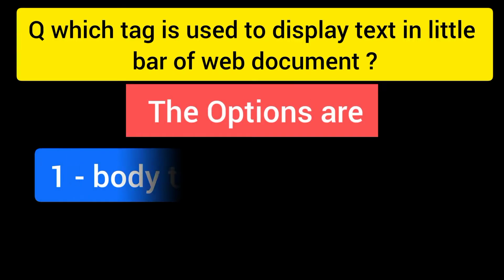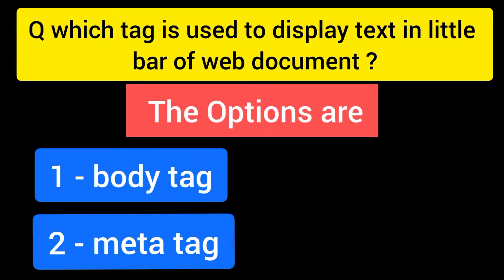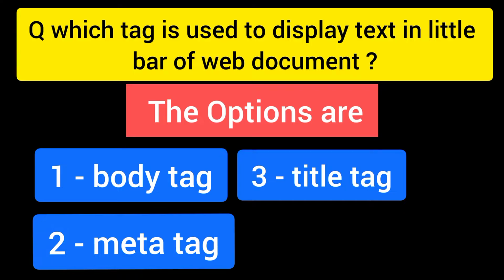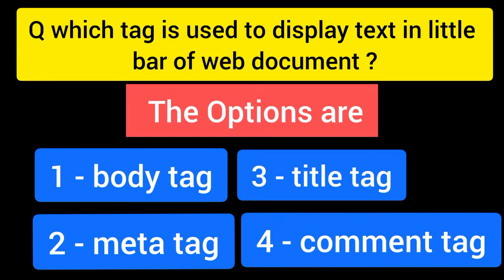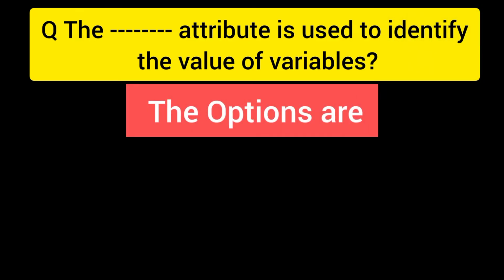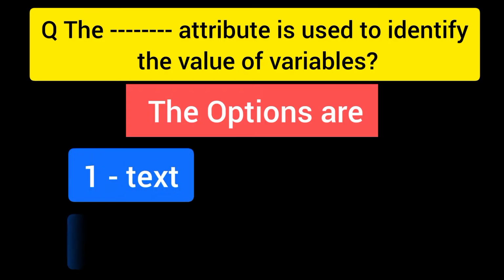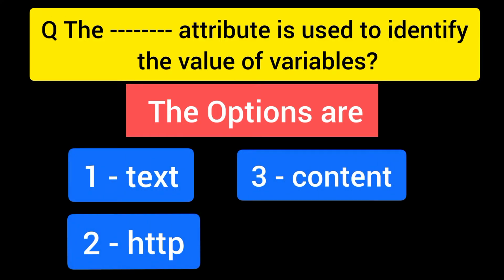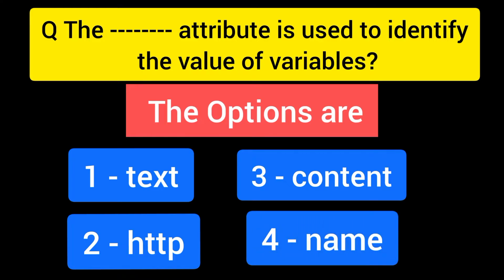options are option number 1 body tag, option number 2 meta tag, option number 3 title tag, option number 4 comment tag, and the right answer is option number 3 title tag. Question number 12, the attribute is used to identify the value of variables, and the options are option number 1 text, option number 2 http, option number 3 content, option number 4 name, and the right answer is option number